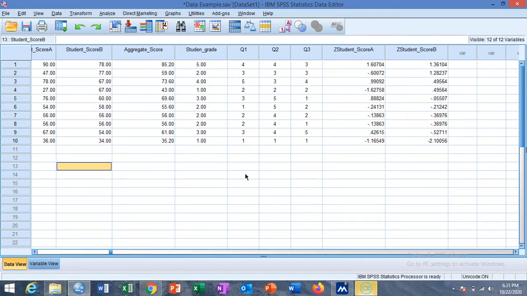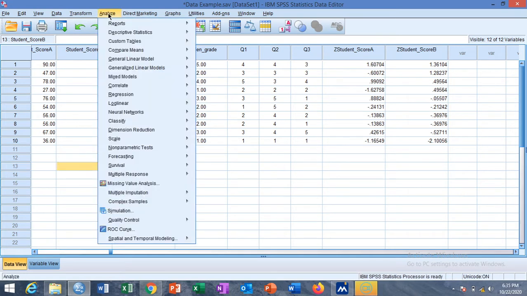Today's tutorial, we learn how to describe a variable on a continuous scale, how to check for normality, and how to see the outliers in the data. We use the Explore option for all these purposes. You can check the normality or outliers from other options as well, but we go to the Explore option. So go to Descriptive Statistics and then Explore.